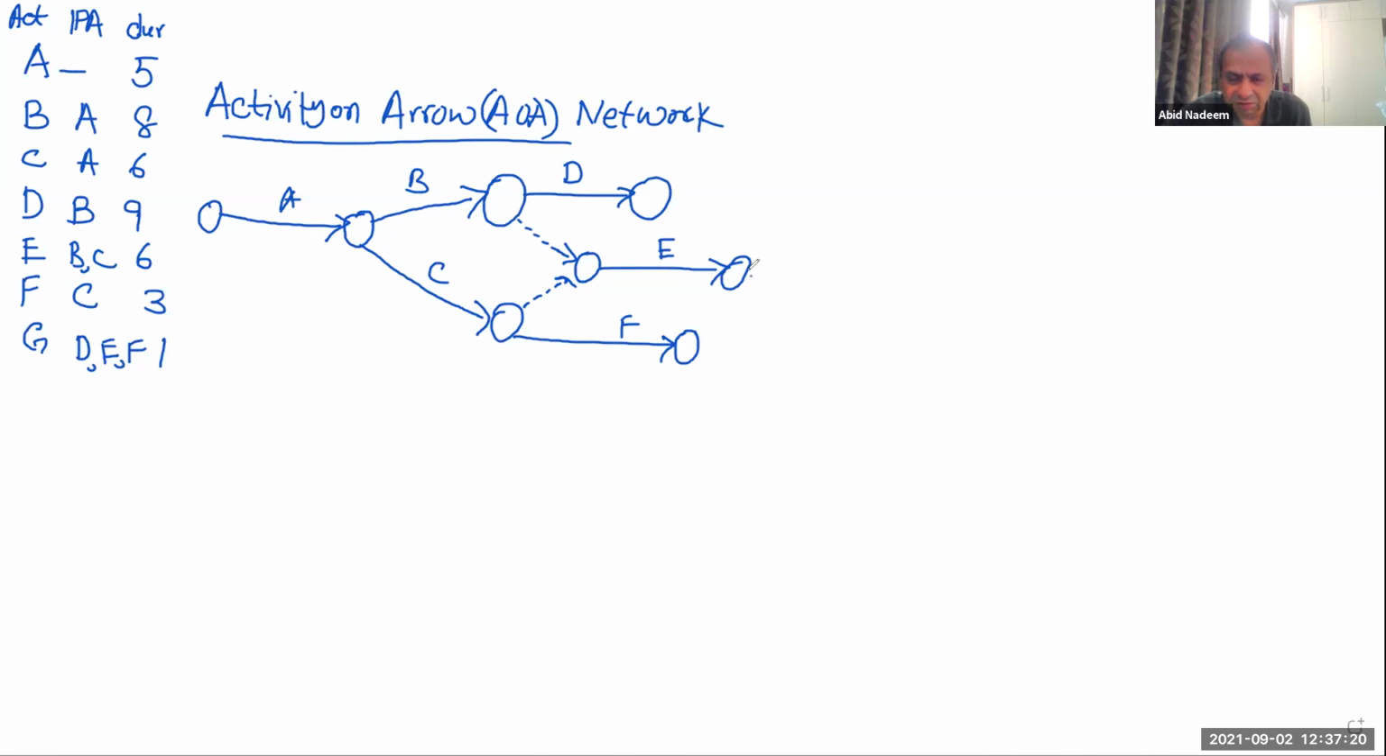Okay. So next we have G. So G I can draw. For this I need to draw this and this, these two dummy activities. So in this way, I will have G which has D as the preceding activity, E as the preceding activity, and F as the preceding activity. So in this case, what I can do is I can reduce this dummy activity by